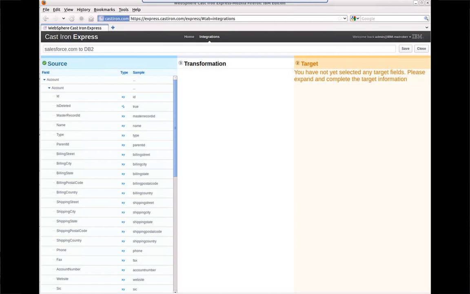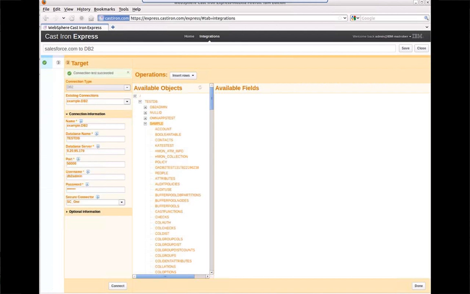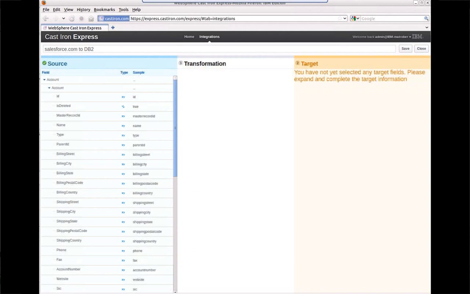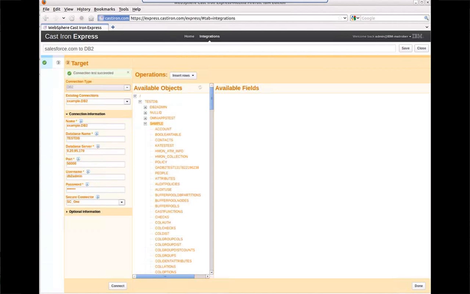The next one is step 2, which is configuring your target. So when you click on target, you need to configure your target. Again in this case, create a new endpoint and enter the connection details: database name, port number, username, password. In the beginning I told you that to connect to any database or anything running within your firewall, you need to create a secure connector. I created the secure connector and I am selecting that secure connector name here. And when I click connect,